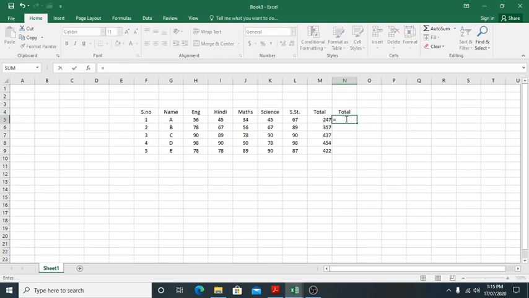Equal, then the address from the start, then a plus sign, then the next one, plus sign, the third one, plus sign, the fourth one, plus sign, and then the last one. Now press Enter. We have got the same value, you can see, students, H5, I5, J5, K5 and L5. Now we will drag it, and the same answer will come.